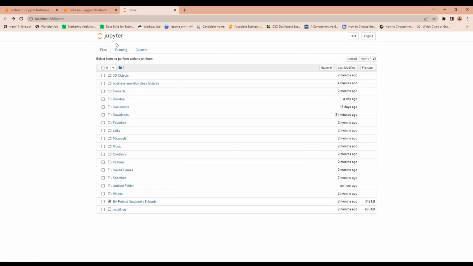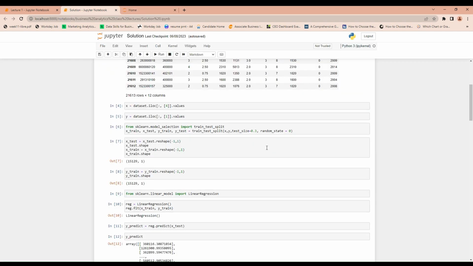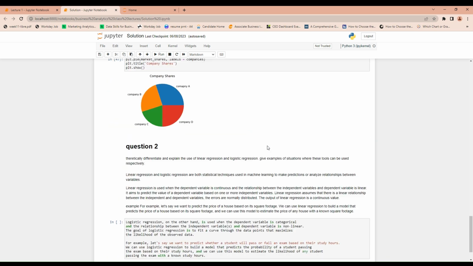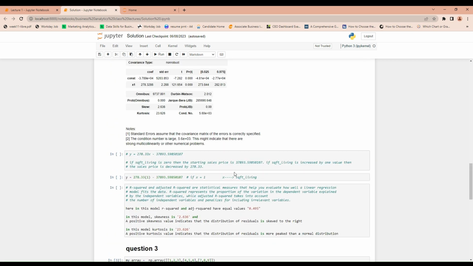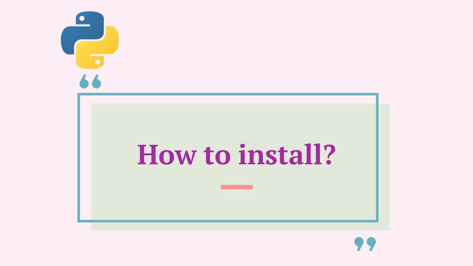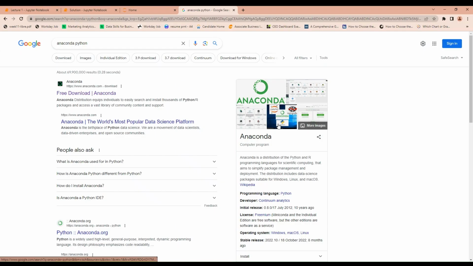Jupyter Notebook is an open-source web-based tool that is used for interactive data science and scientific computing. With the help of Jupyter Notebook, you can easily create and share documents that contain live code, equations, visualization, and narrative text. To install Jupyter Notebook on your PC, head over to the official Anaconda website and download the installer